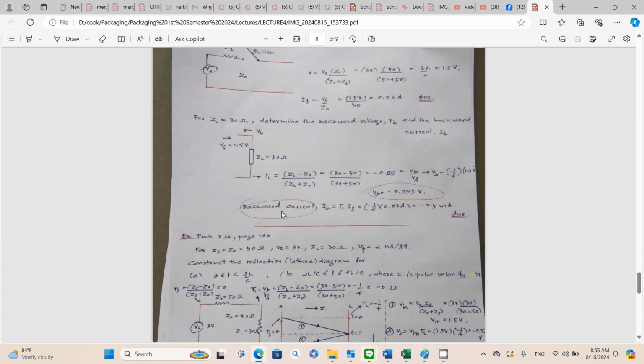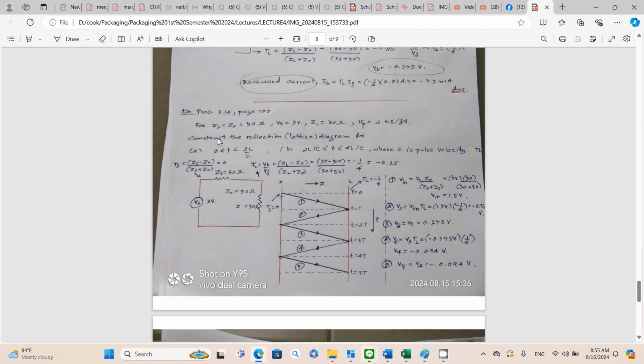Same as the backward current, IB simply equals tau L times IF. You already have tau L, the reflection coefficient at the load end, that's negative 1/4. So you simply multiply by the forward current, that's 0.03 amps. You end up with the backward current of negative 7.5 milliamps. Okay,